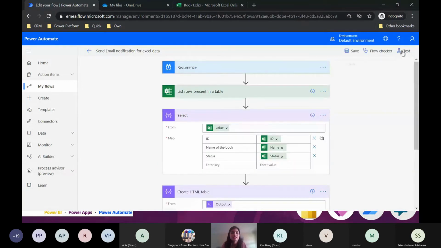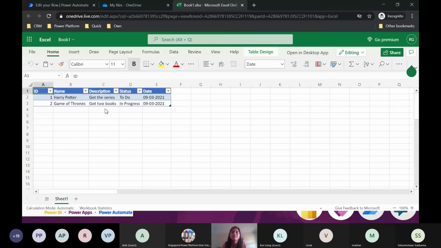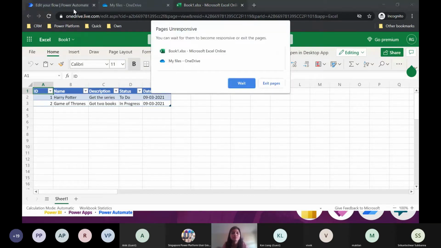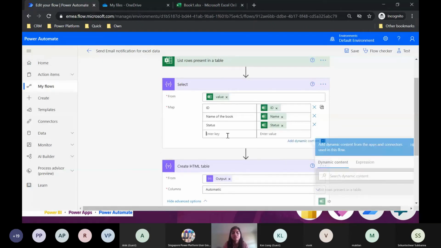If I go back to the Excel, I have the ID, name, description, status, and date. So you will notice that I've skipped the description. I was okay with it. But I want to change the numbering. I want description to be at the very end. So you can easily also do that. Let me say date here.